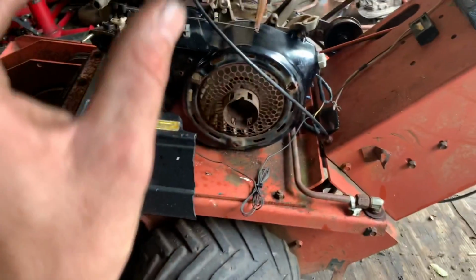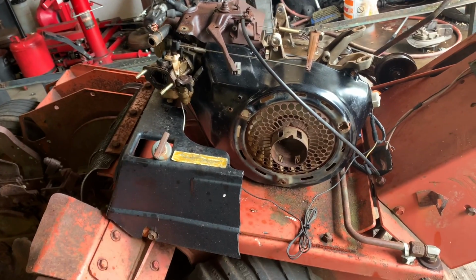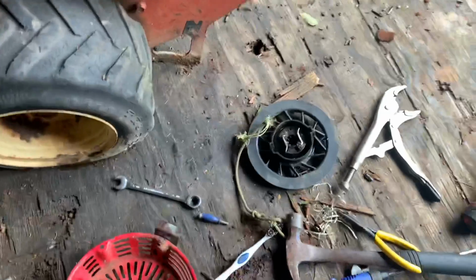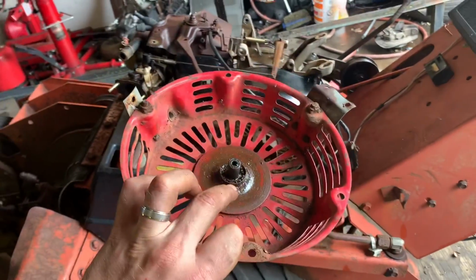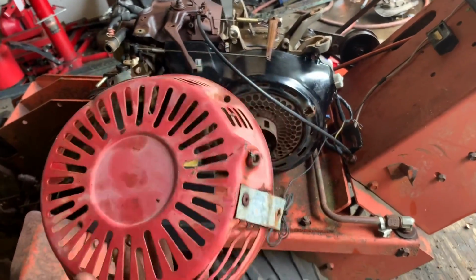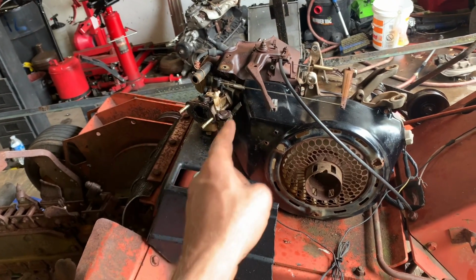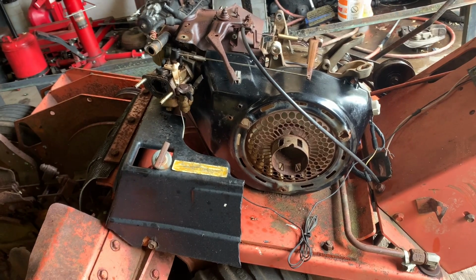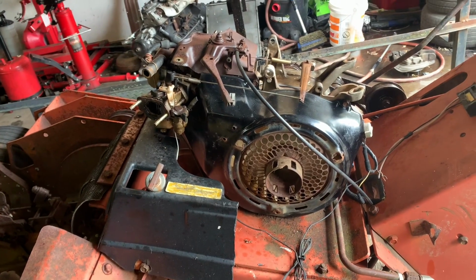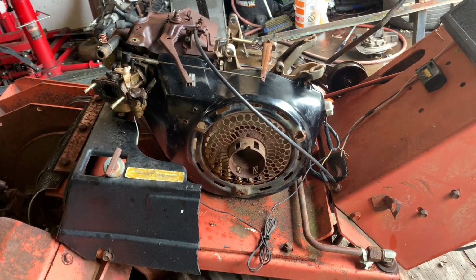But first, I hopped on the old Amazon to check on a carburetor and a recoil kit. Guess what? They sell the whole recoil, this entire piece, with the spring and the plate and a new pull cord, and the carburetor and the spark plug and the air filter and new fuel line, fuel filter, and it was 25 bucks shipped. I don't know how the Chinese are doing it, but $25 shipped to my door for all of